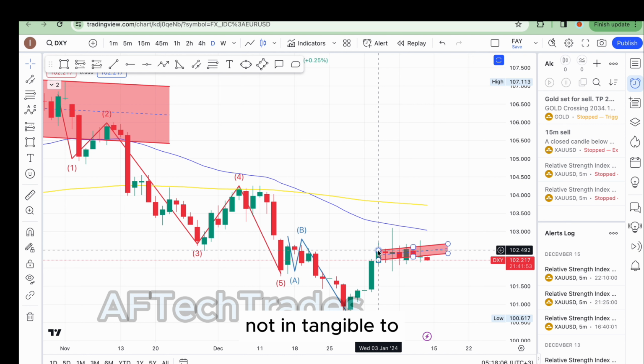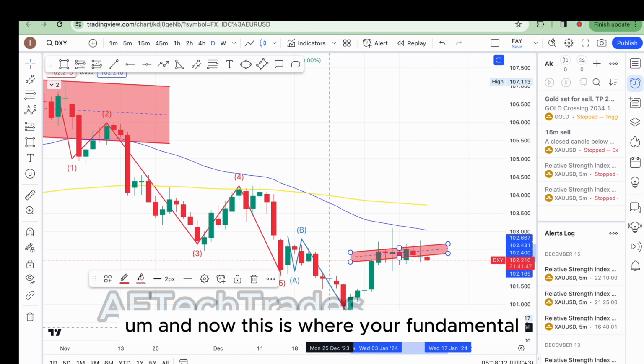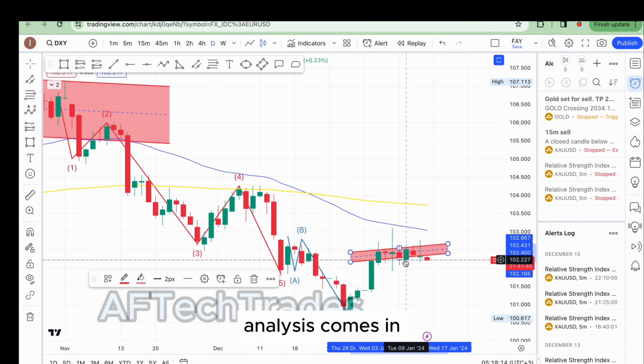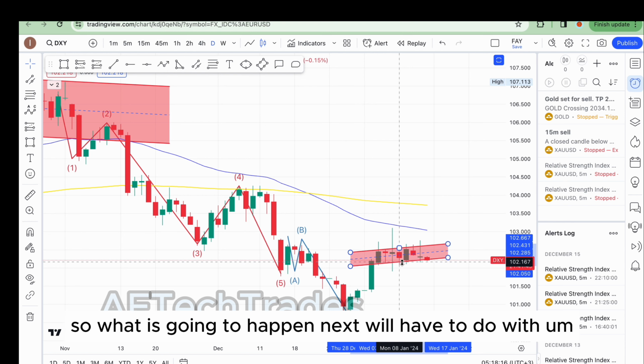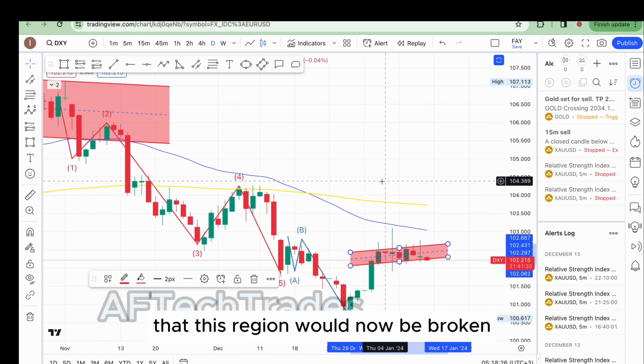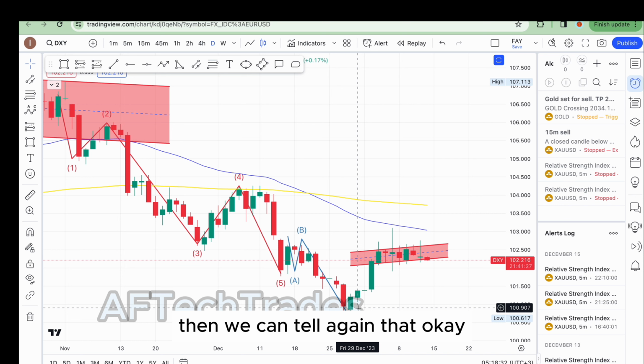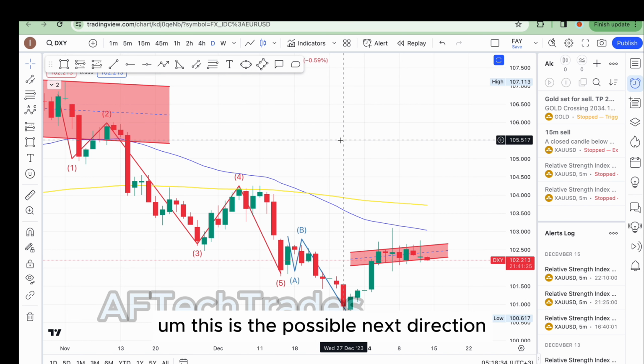There is still nothing tangible to look at here. And now this is where your fundamental analysis comes in. So what is going to happen next will have to do with maybe news events happening that would now break this region. So once this region is broken, then we can tell again that this is the possible